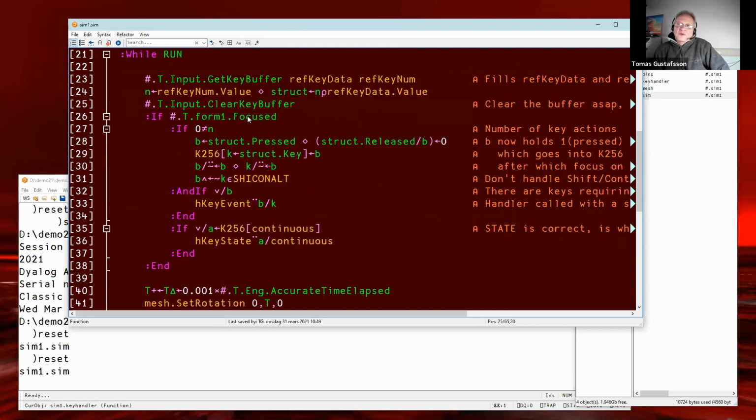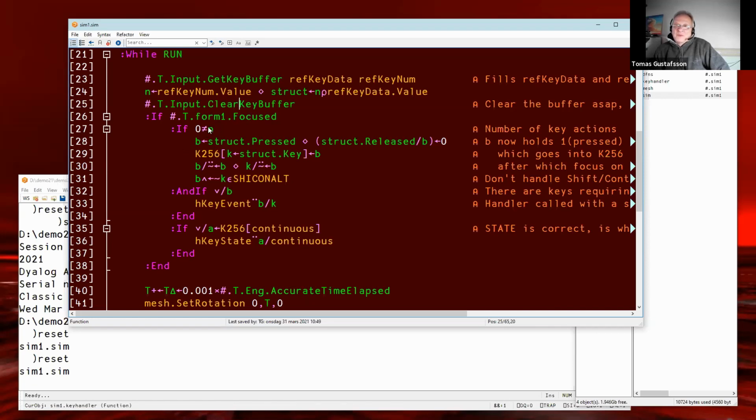If the form is focused, do something. If it's not focused, well, don't do something. It's very annoying if you're typing in Notepad and your game is reacting while you type enter. So only if it's focused, do something.